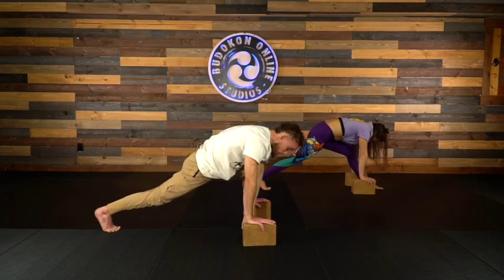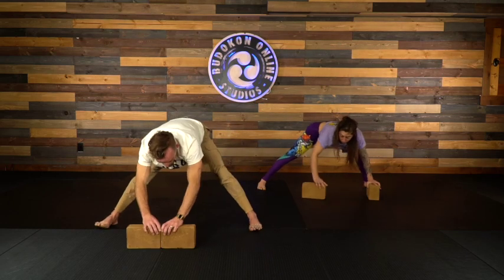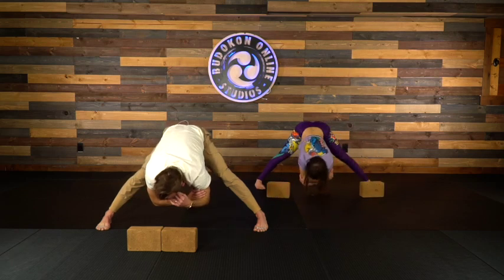Good. Let's rock forward into a low lunge, taking your blocks with you, spiraling on the feet, placing the blocks right in the middle. This time, looking for interlace wide leg forward fold. With this